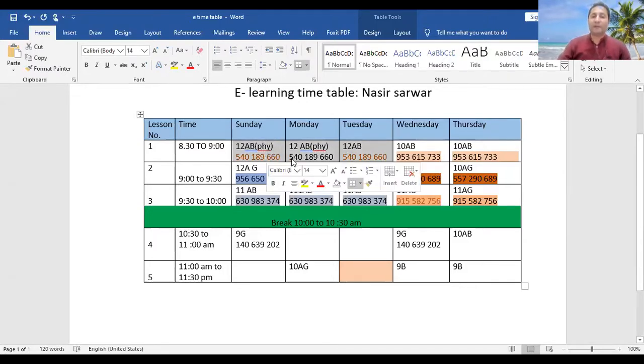So what happens is, I will generate the IDs for every class, even if they are not at the same time. For example, I have 12 AB on Sunday 8:30 to 9, and if I have another class on Thursday, for example in the first period, which is a free period here, then I will generate another ID.